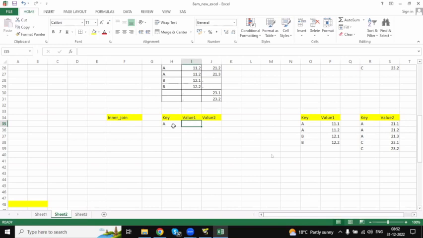A, 11.1, 11.1, 21.1, 21.1, A, A, 11.2, 11.2, 21.2, okay, A, A, dot, okay, 21.3, okay, B,